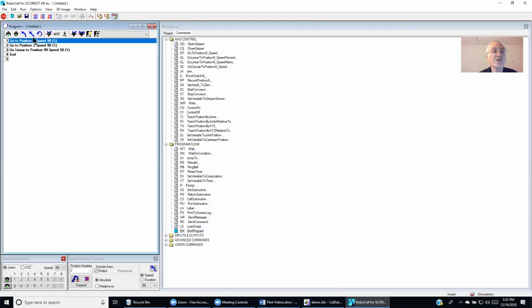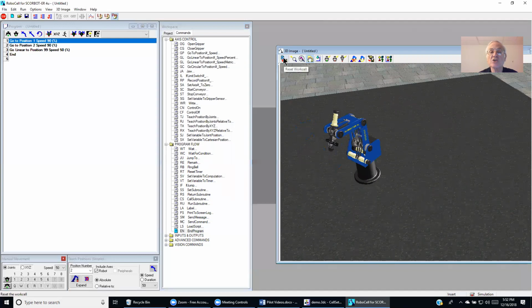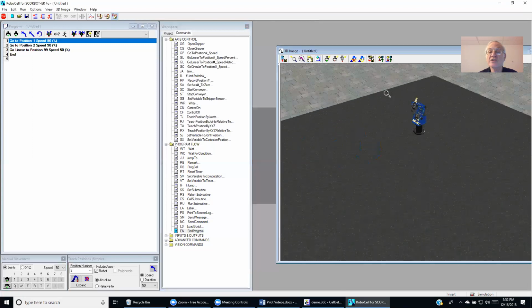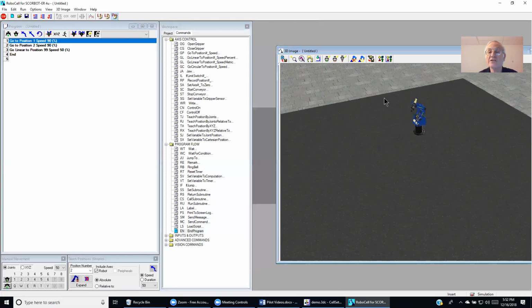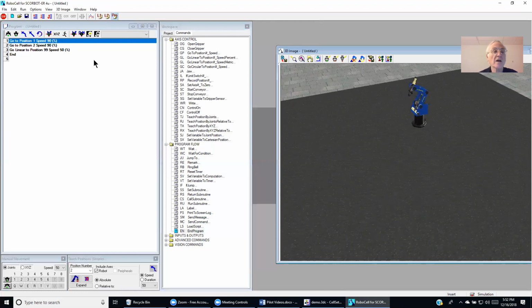We could test it by clicking this icon right here, which says line single axis. But before then, we like to bring in, once again, the scene of the robot, and we can place the robot at its initial position by clicking this reset work cell. When we reset the work cell, the robot is back to its start position, and we could now run the